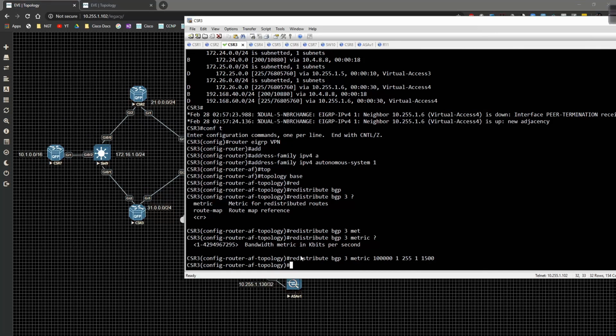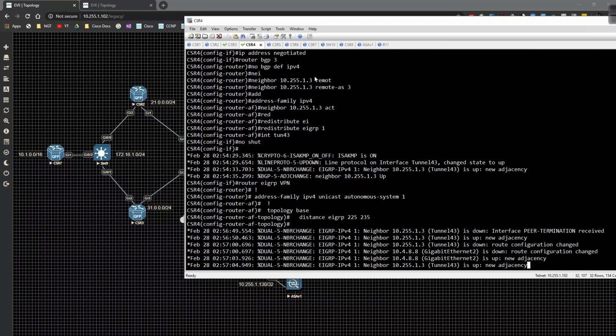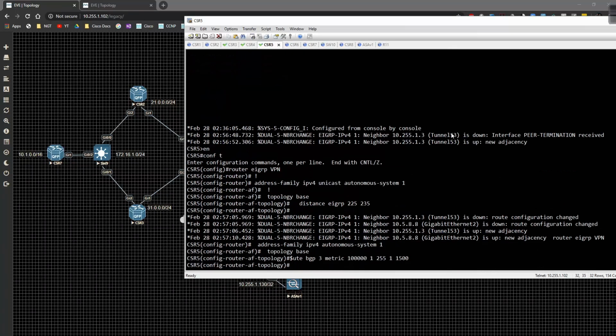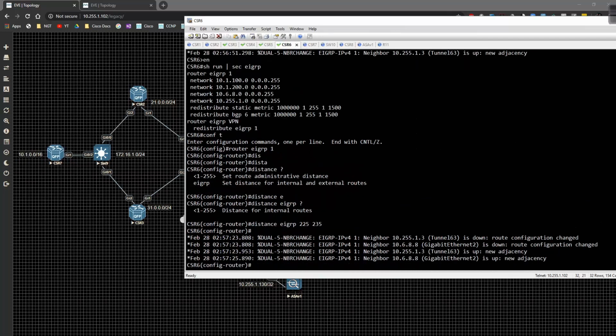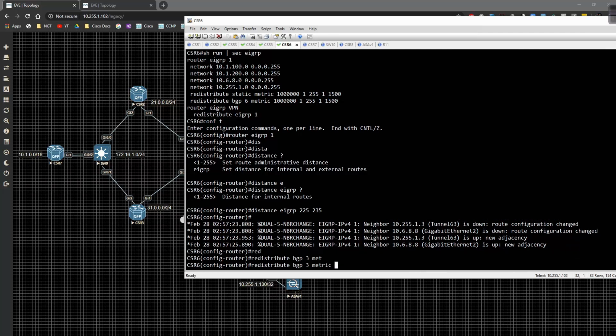I'll just take that, do show history, take these commands right there for 4, 5, and then on 6, I'll just take in redistribute bgp 3 metric of